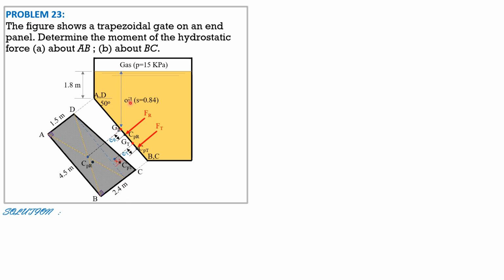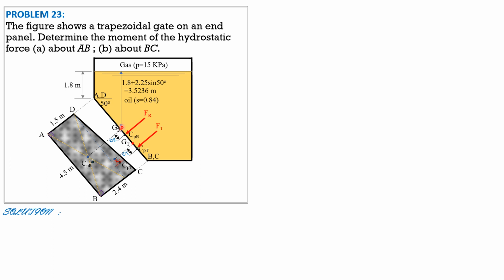So this distance is 1.8, then distance from A to G, centroid of rectangle is half of 4.5, so 2.25. So the vertical distance is 1.8 plus 2.25, this is 2.25 hypotenuse sine of 50. So 1.8 plus 2.25 sine of 50 degrees is equal to 3.5236 meters, so that we can compute directly the